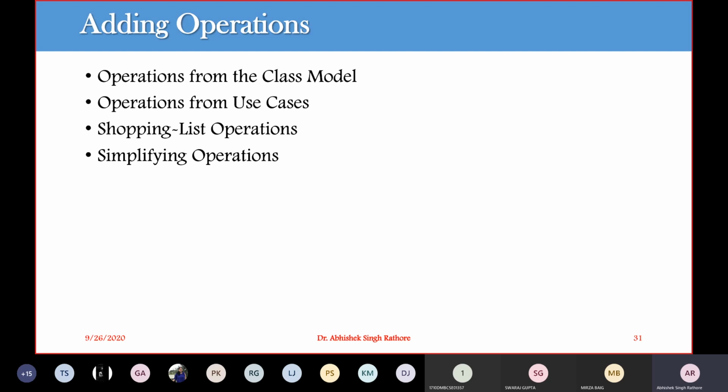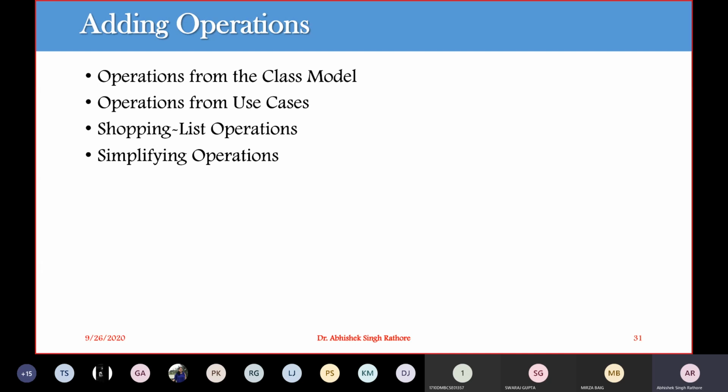Now, in addition to that, we can add operations from your use cases. These use cases represent the complex functionality of your particular system. During the construction of your interaction model, the use case leads to activities, and many of these activities are operations in your class model.